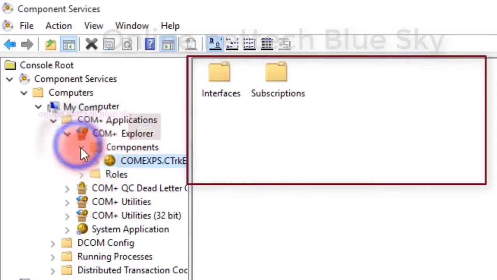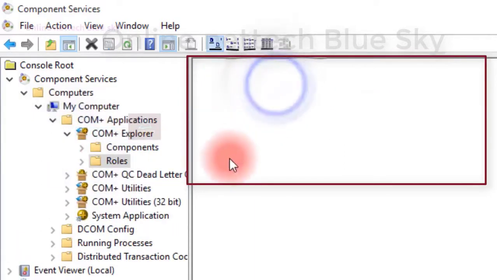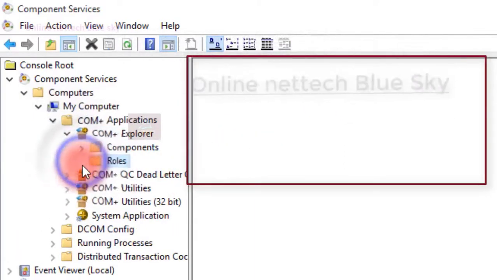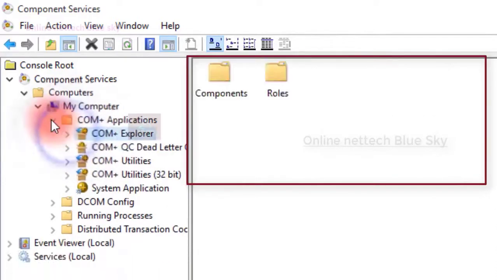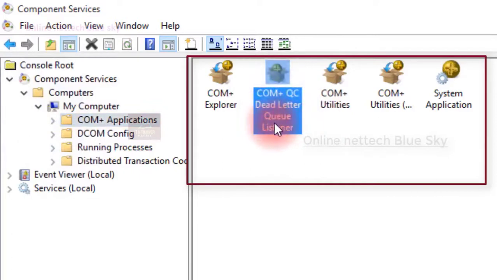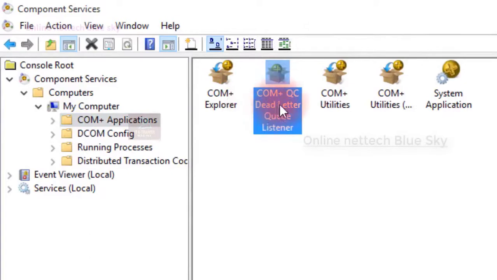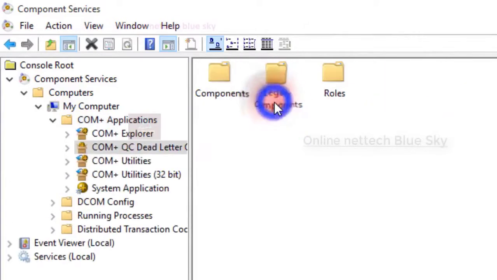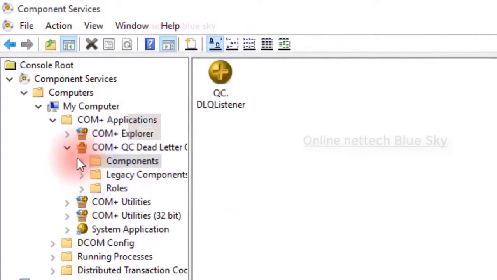Okay, so we use software only for better results and faster work, and without software we cannot use more services. So software needs two main things: software services and different types of component files, component service files. So in this Component Services console, you can see everything here.